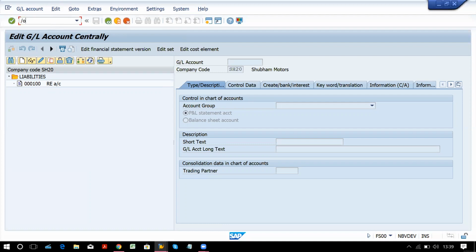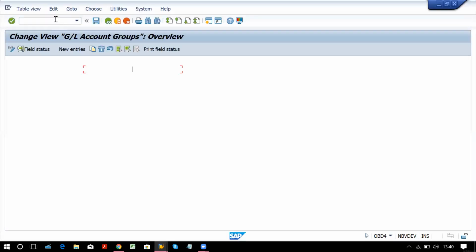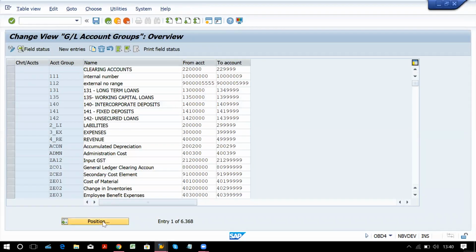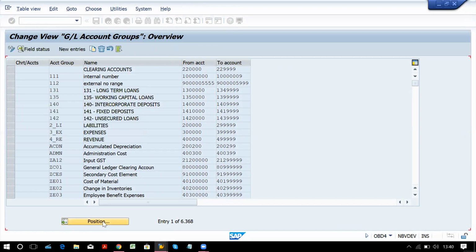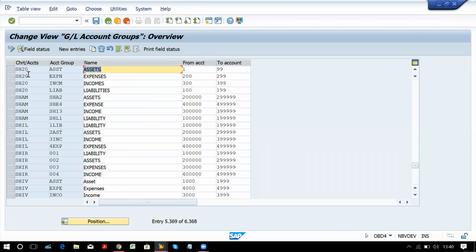One more thing, in the OBD4 T code, yesterday we have created groups of accounts. If you position your chart of accounts, you can find these groups: asset, expense, incomes, and liabilities. For liability we have given the range 100 to 199.